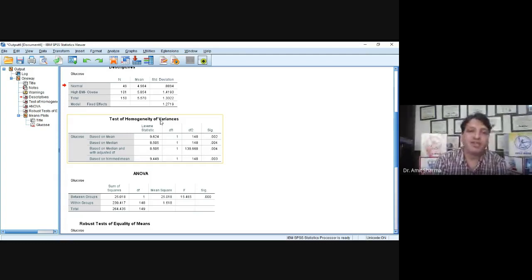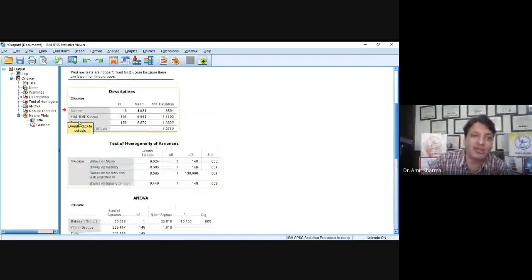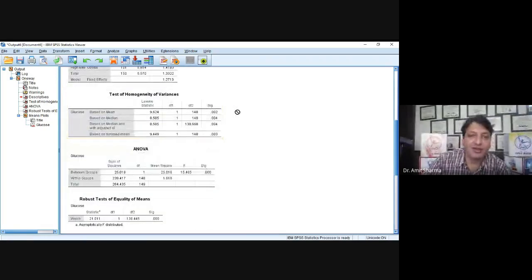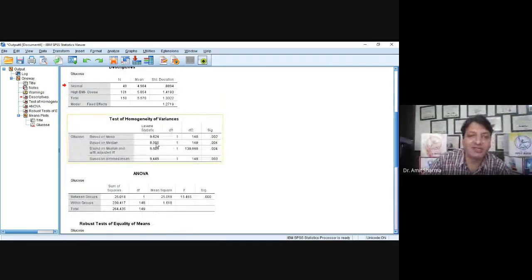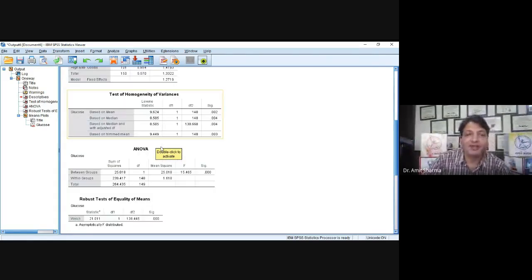Clear? So this test reading should be more than 0.05. If it is more than 0.05, we can proceed with the ANOVA. Otherwise, we are not eligible to apply the ANOVA. So here I'm getting 0.002. That means I was not eligible for the ANOVA, because only two groups are shown. The reading of the third group was not entered in the sheet. Clear? So as per this test, I should not apply ANOVA, but still we have applied it, so I will proceed with the calculation.